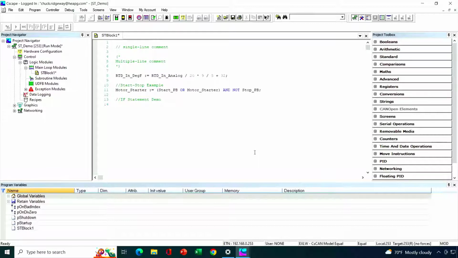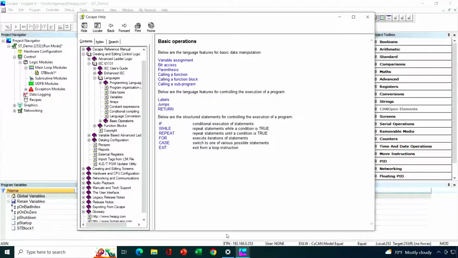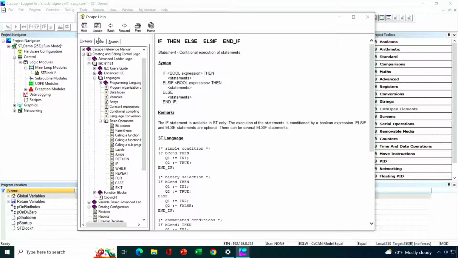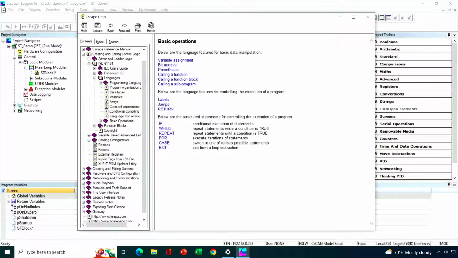All right, so now the if statement. Now we want to get this syntax right. One of the things I always like to do is utilize the help file when it comes to my syntax for some of my more complex, or at least slightly more complex, statements in structured text. So I'll go back again here real quick. We're in the help file section here under IEC 1131. And we've got a basic operations area here, this page, that is a nice jumping off point for all of these different things